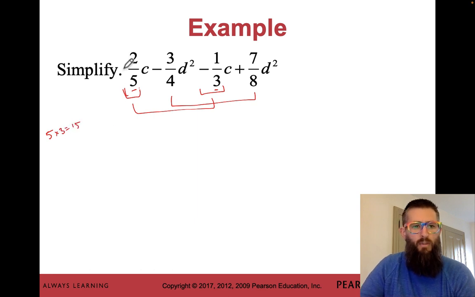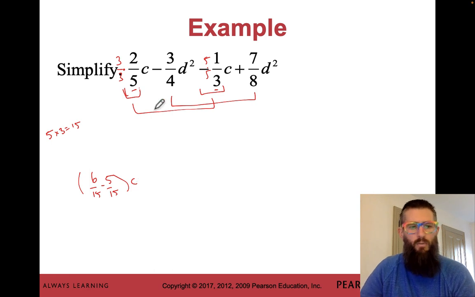So I'm going to have to multiply this by 3 over 3, which gives us 6 over 15. And then this we're going to multiply by 5 over 5. So it's minus 5 over 15. And I'm following the same sort of methodology as before. I'm including the coefficients inside the parentheses, and then I'll simplify those. 1 over 15 times c. And then we're going to have